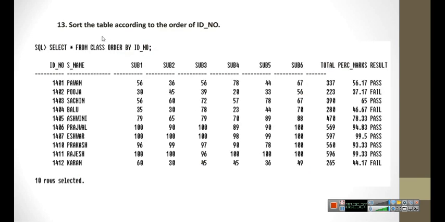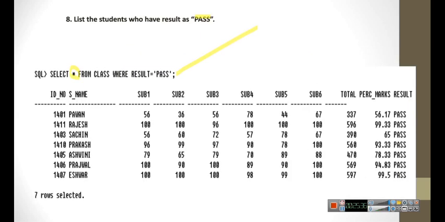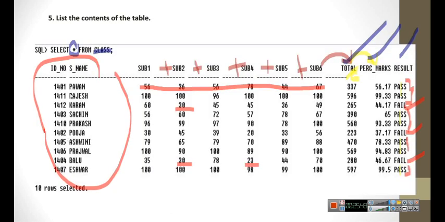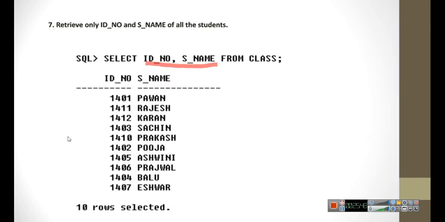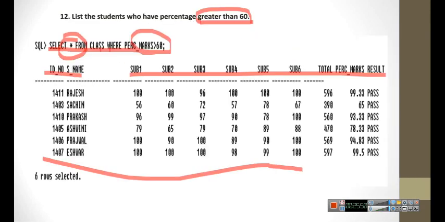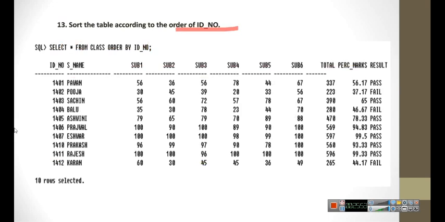Next is sort the table according to the order of ID number. So in the previous table you can see it has not been sorted. Here you can see 01, 11, 12, 03, 10. It has not been sorted. Now we need to sort all the students in the table. So we are going to use this command: select star from class order by ID number. This order by is very important in this particular command.